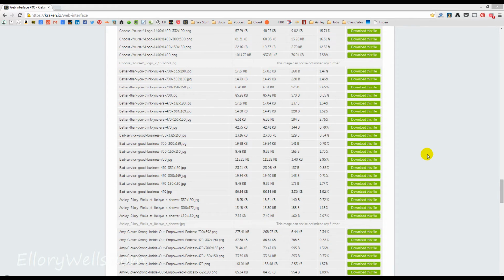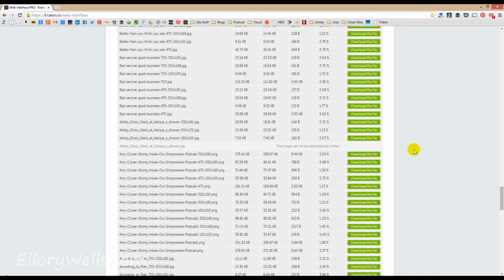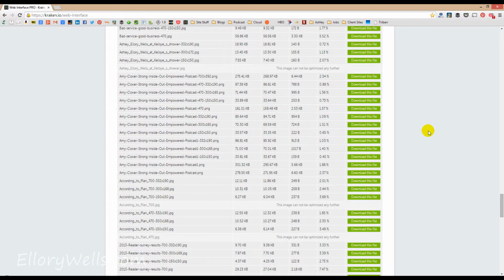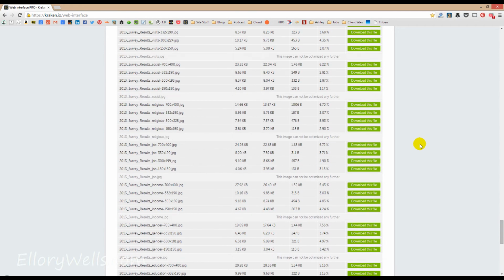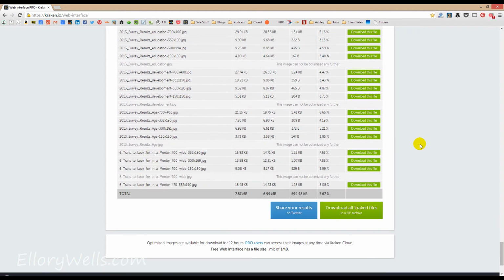And we're back. I took a moment to listen to a couple podcasts. It really didn't take that long. I've uploaded a bunch of files and it took no more than just 2 or 3 minutes. But here's what's interesting about this tool. I went with a lossless compression, meaning that the image quality is exactly the same as it was before, but I was able to save